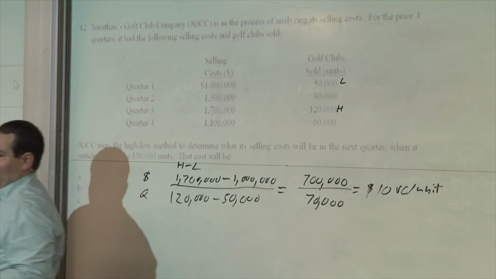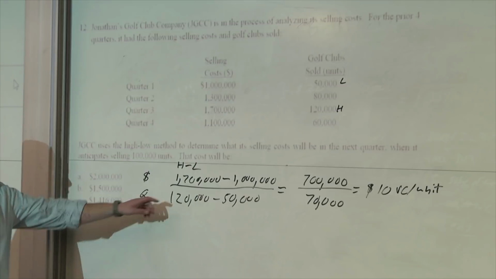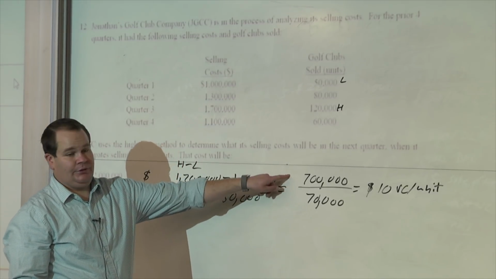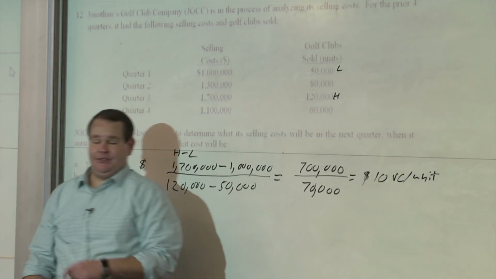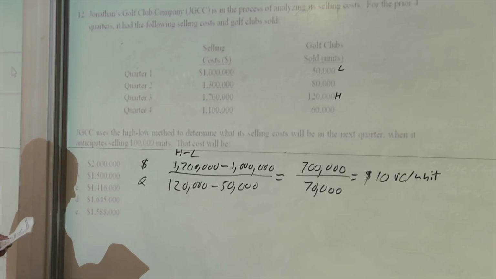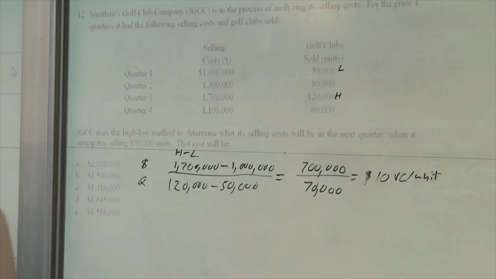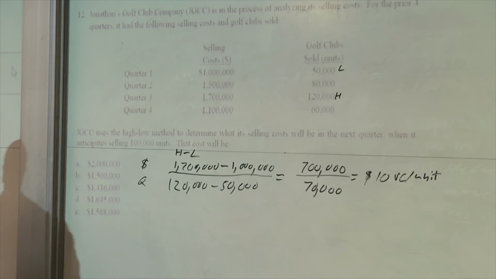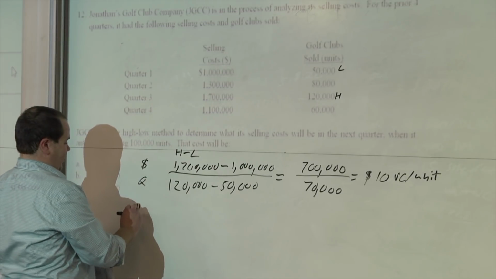Okay? So you're just comparing two scenarios, and you're standardizing and showing that increase in units, increase in costs, the variable cost is going to be $10 per unit. All right, so that's step one. Ultimately, we're going to have to project forward, but once we have $10 variable cost per unit, we can go to either the high scenario or the low scenario. It doesn't matter which one you use. I'm just going to use the high here. So we say in the high scenario,